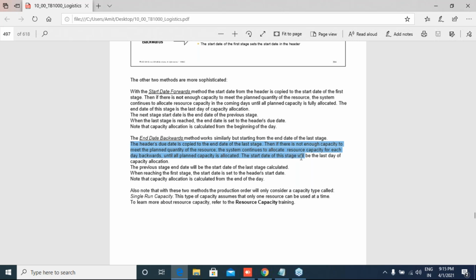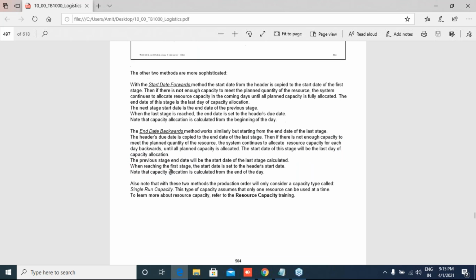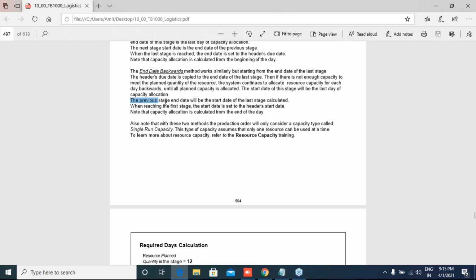The start date of this stage will be the last date of the capacity allocation. The previous stage end date will be the start date of the last stage calculated. When reaching the first stage, the start date is set to the header start date. Note that capacity allocation is calculated from the end of the day.